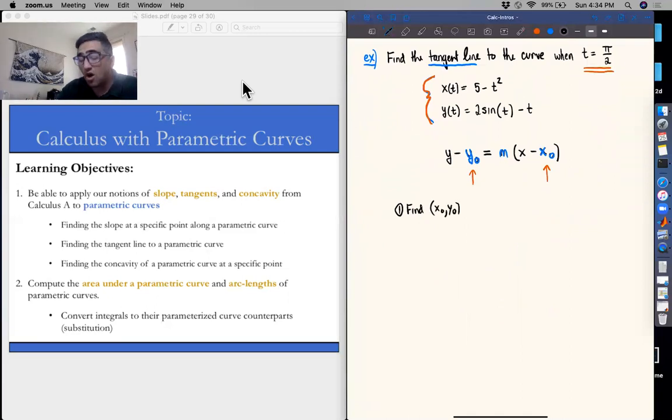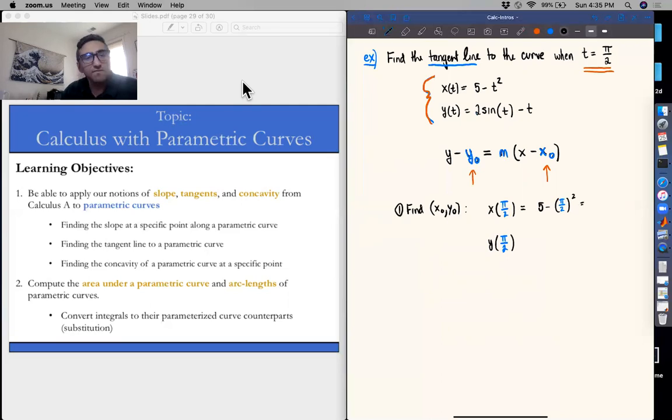Again, this is the point along the curve that we're actually computing that tangent line. So the way in which we do this, we take our x function and we'll just evaluate it at pi over 2. We'll take our y function and we'll also evaluate that at pi over 2, because again, that is the t value that we're interested in computing this tangent line for. So x is equal to 5 minus, well, I guess pi over 2 squared,